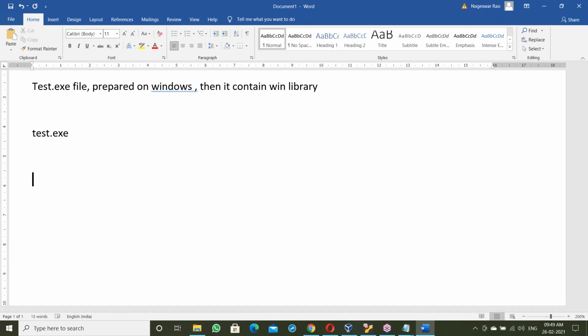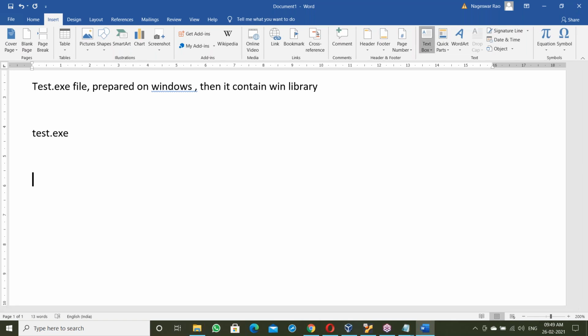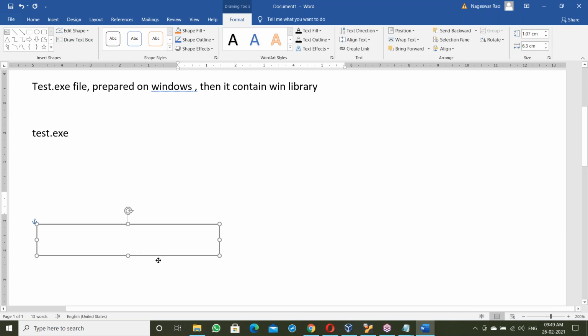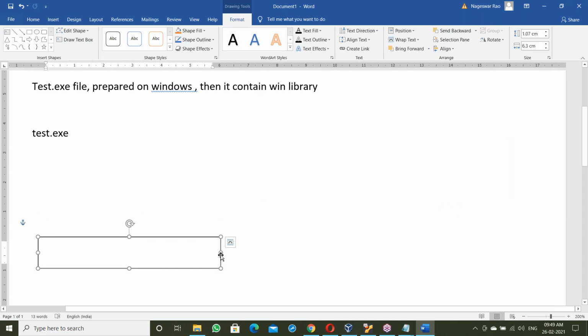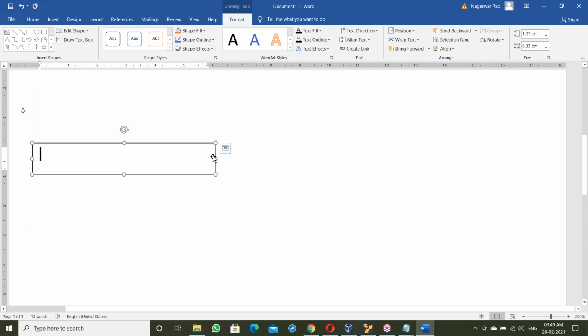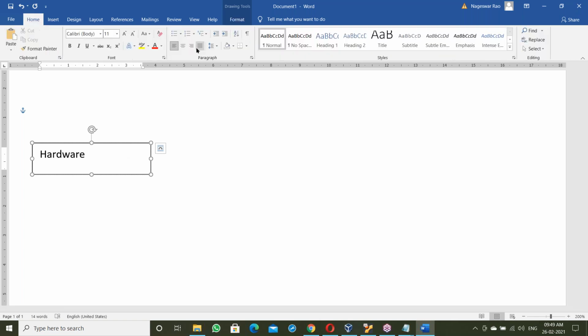Test.exe file placed on different operating systems. Let us start with the Windows OS and take different platforms here. This is your system, your computer. Suppose here is the hardware.